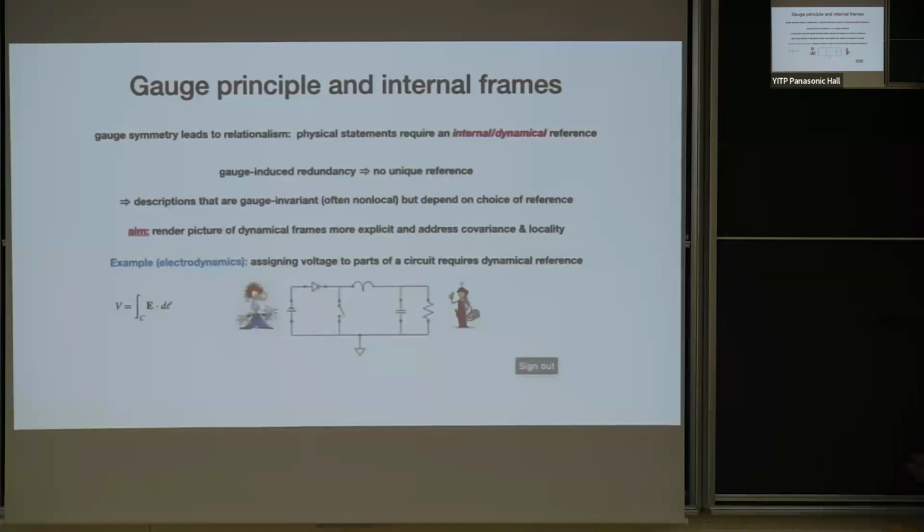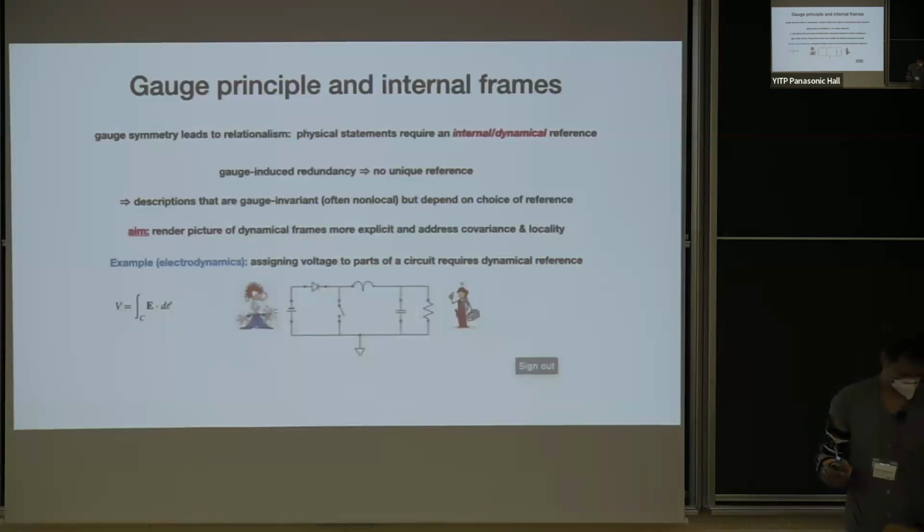What is important in this example is, first of all, that these two electricians might give very different accounts of the same parts of the electric circuit. The voltages are gauge invariant because voltages only depend on the electric field. They try to describe the same thing, but they give quite literally different accounts. One might get a shock, one doesn't. On the other hand, these voltages also give you an illustration, of course, that gauge invariant statements are somewhat non-local. Here you have a line integral.